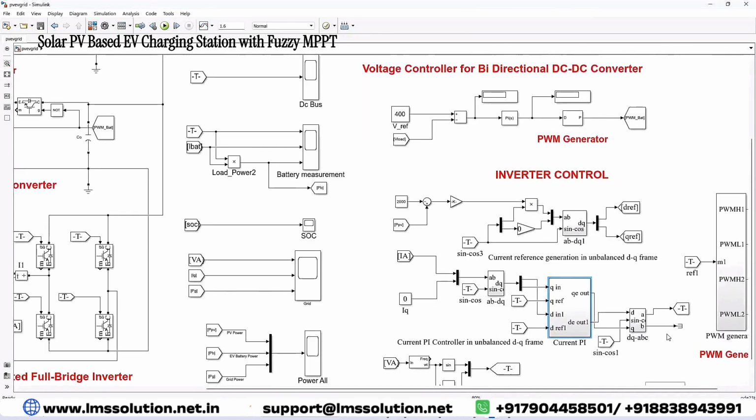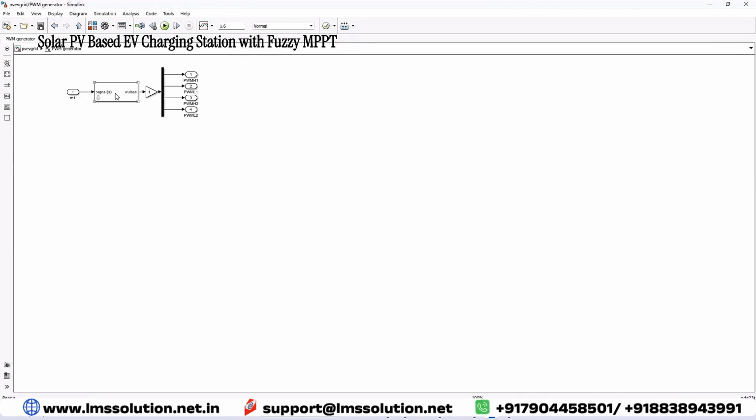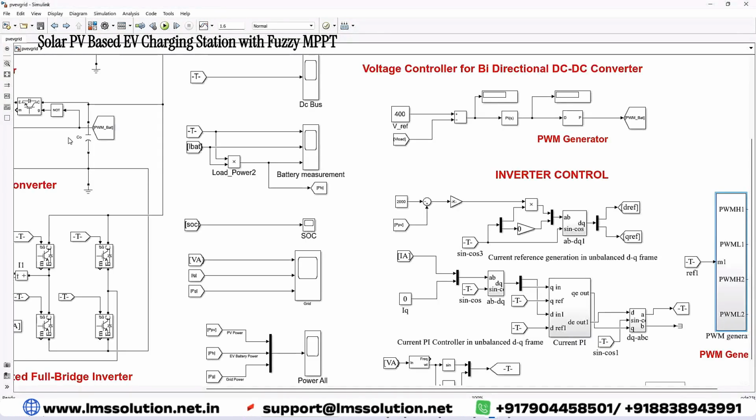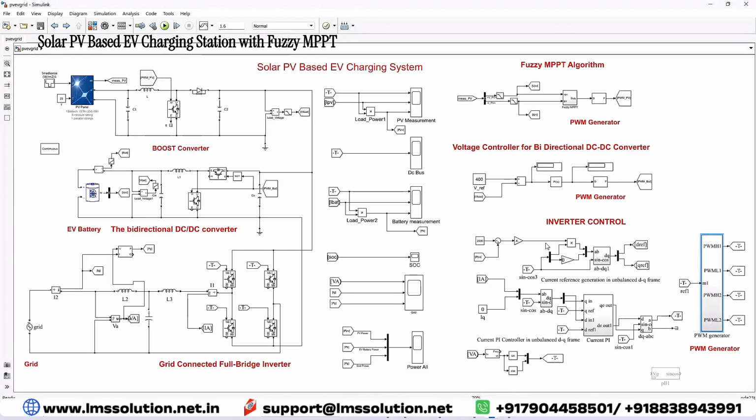Finally, we'll get the control signal. So this control signal is going to be processed via a PWM generator. This is a sinusoidal PWM generator. This sinusoidal PWM generator will generate the PWM pulse for that inverter. That means based upon the reference current, the inverter is going to be controlled in order to get the power